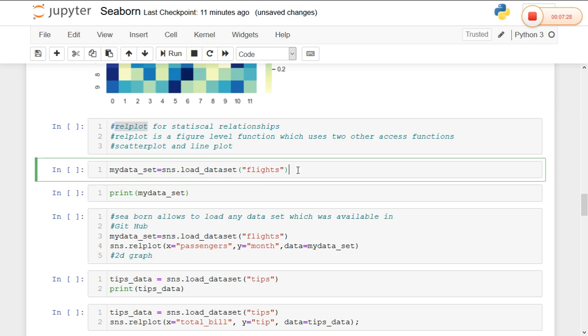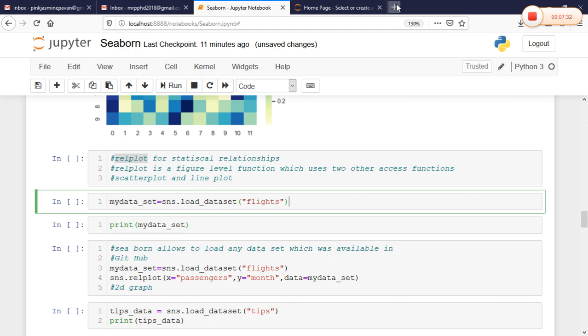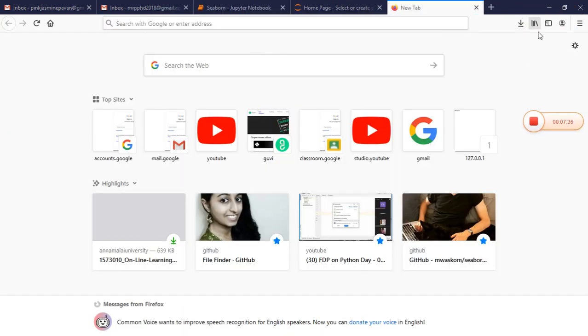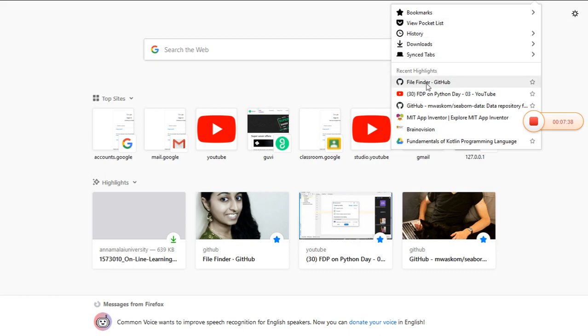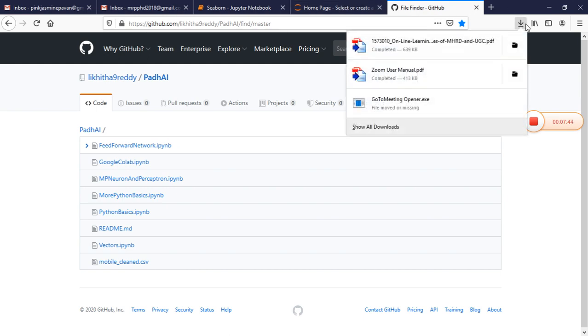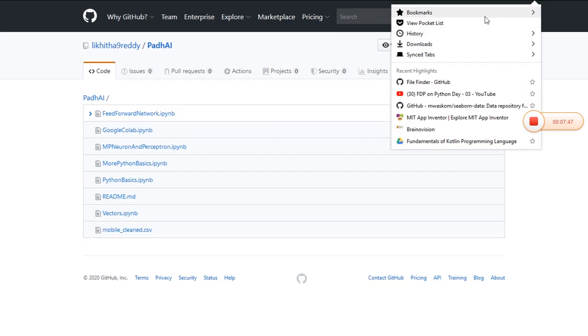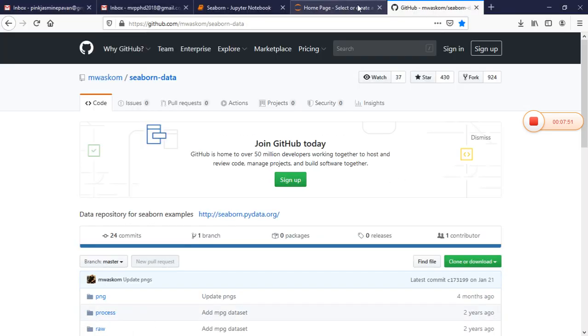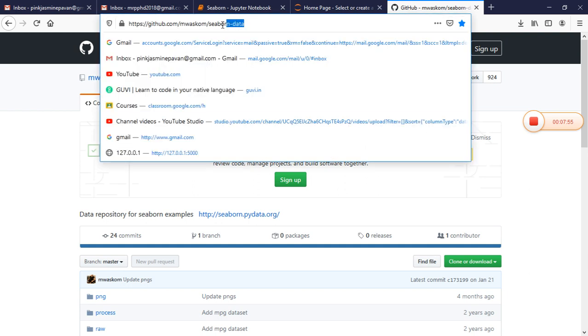Seaborn lets you load any type of dataset that is available in open source, by using GitHub. I already opened it here.